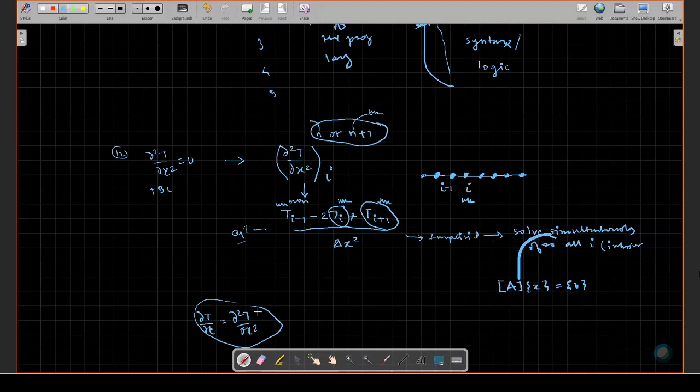With only one unknown and all others known, it is explicit. There is no need to solve simultaneously for all i. You won't get a system of equations like this, and you don't need TDMA or Gauss-Seidel, Gauss elimination, or any direct or iterative methods for solving these equations. That is the thing. You should understand that, and whenever we calculate, it is calculated at a particular discrete point. You should know that and be able to do it consistently.